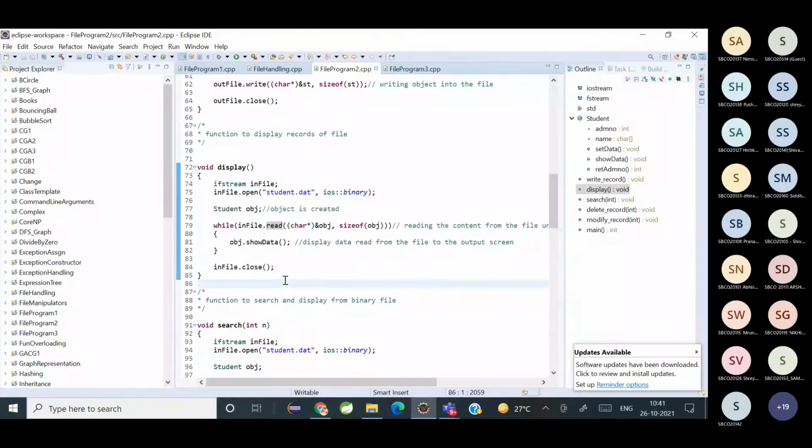Have another look and see if you have understood the display function. Any doubts? Have you understood?